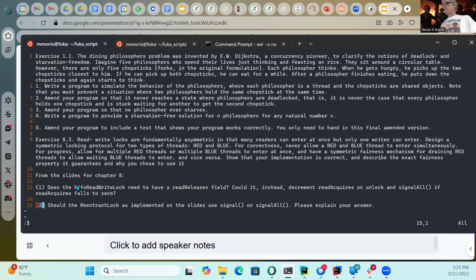So what the question is trying to make you answer is whether signal by itself is adequate, or whether you can get a lost wake up problem. That's the difference between using signal and signal all, right? That's what you're trying to solve, whether you have a lost wake up problem that you need to solve.